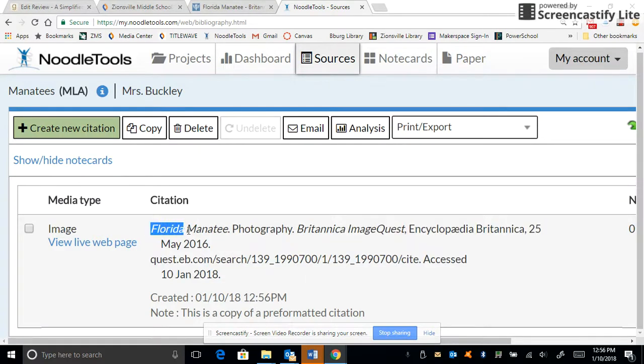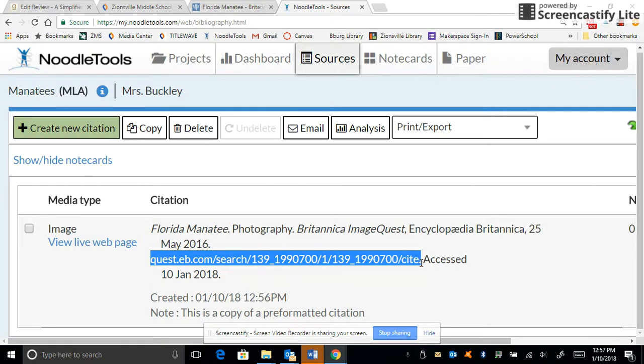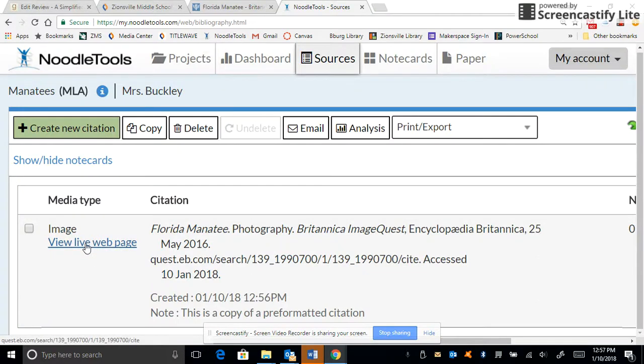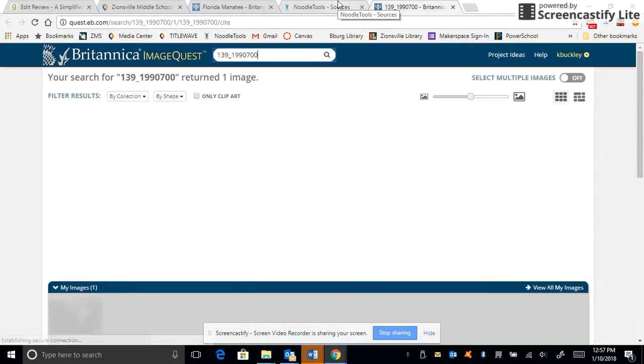So it tells me the title of the picture is Florida Manatee. It's a photograph. It was found on Britannica Image Quest through Encyclopedia Britannica as the publisher. And the date that it was taken was on May 25th, 2016. Here's the URL where I can find this picture. And I looked at this picture on January 10th, 2018. The other thing that I can do is I can actually click View Live Web Page, it'll take me directly to that web page as well,